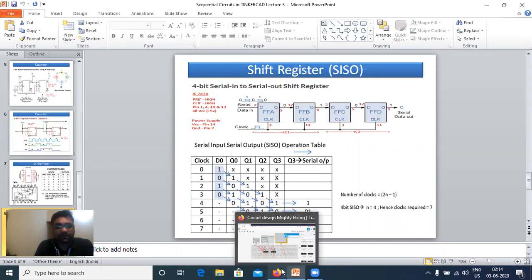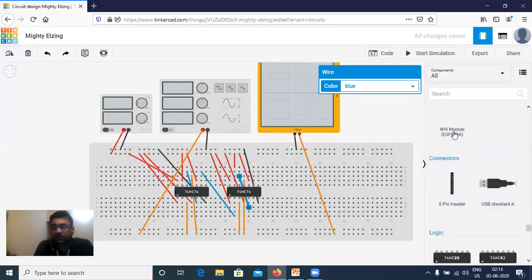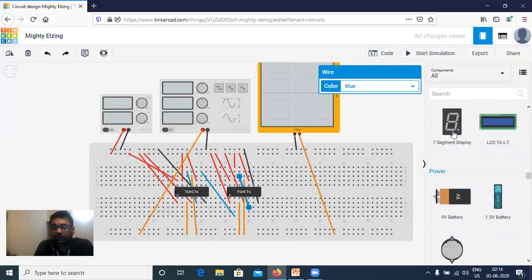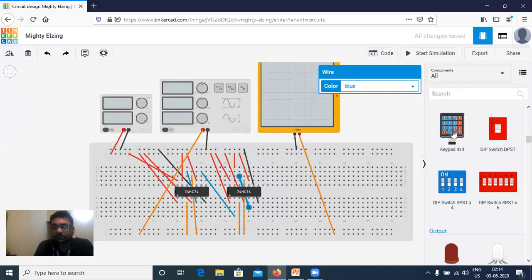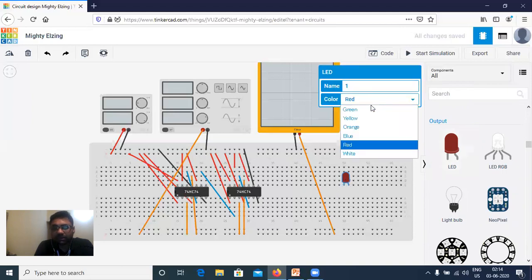So for seeing that output, I require an LED array. So let me create one LED array. How many LEDs are required? 4 LEDs are required. So let me go to LED and create 4 LEDs. One, let me change the color to blue.